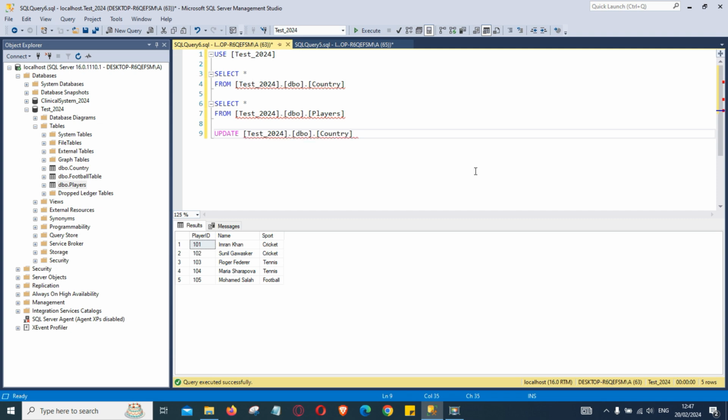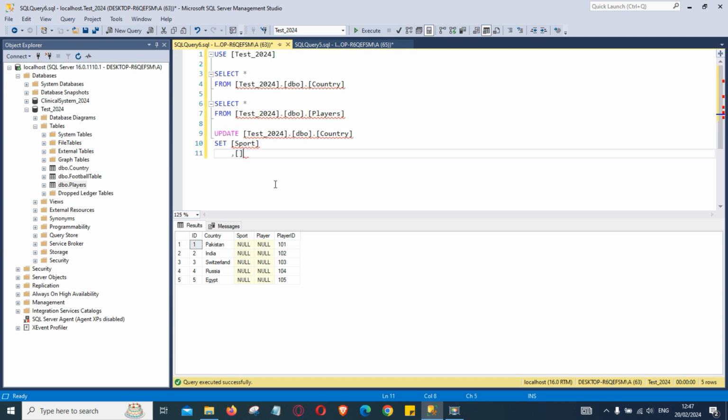Update the country table, and then we need to set which columns we need to. First one is sport, and the second column we need to update is player. Okay, then from